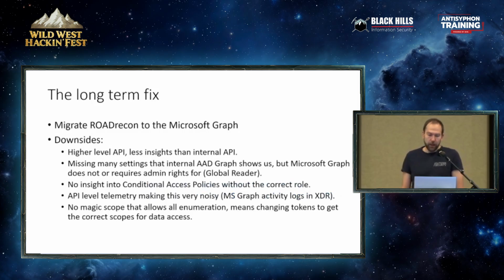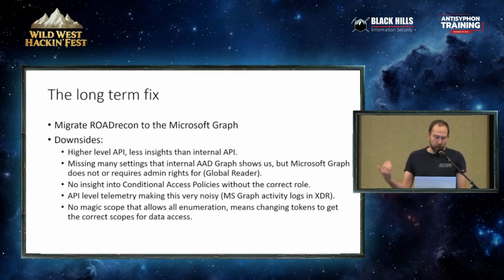So eventually, I will need to migrate Recon to the Microsoft Graph API, which has a few downsides. First of all, it's higher level, so we will see less data, at least from a normal user point of view. You can see, of course, even more data than what you can see with the Azure AD Graph over the Microsoft Graph, but you need to have the right role in the tenant. So if you're on the blue side of things, you don't really have to care about this because you can just sign in as a global reader, you can enumerate all the data, and you can even use the officially supported Microsoft API. But if you're on the red team side, you want to do this as a normal user, and then you're kind of stuck.